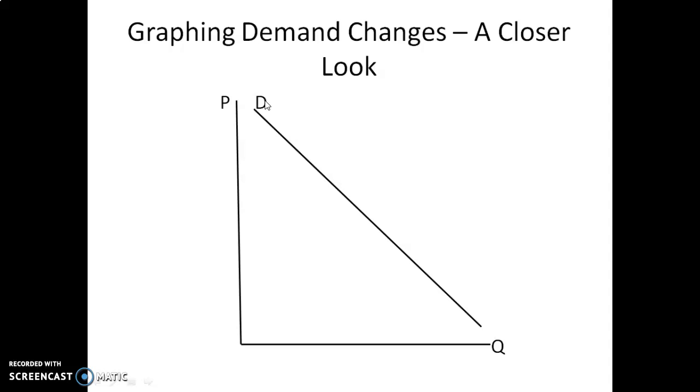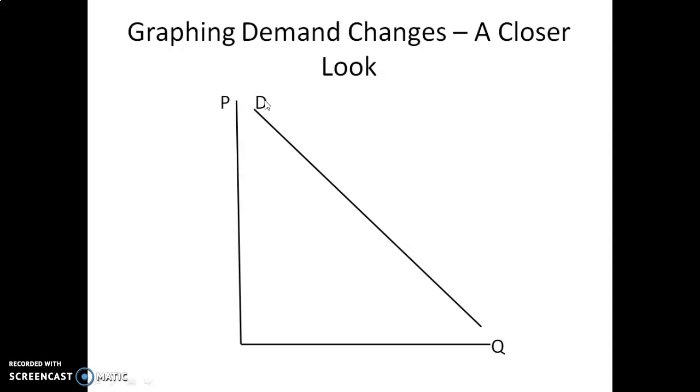What would represent a change in demand would be if we did not change the price of the product, but the quantity demanded were to change. Let's say that something costs $1, and if something costs $1, we would anticipate 1 million people would buy it. Let's say that all of a sudden the price stays the same, it's still $1, but now rather than 1 million people buying it, only 900,000 people are buying it, or maybe 1.1 million people are buying it. So the price didn't change, but the quantity demanded did change. That represents a change in demand, and that would result in the entire demand line shifting, or in other words,